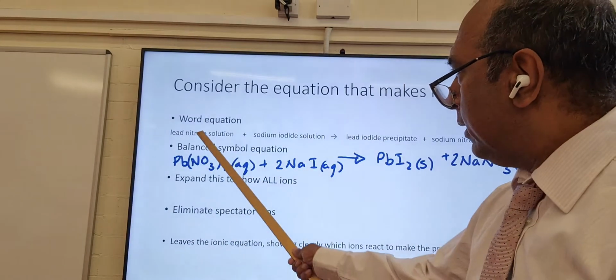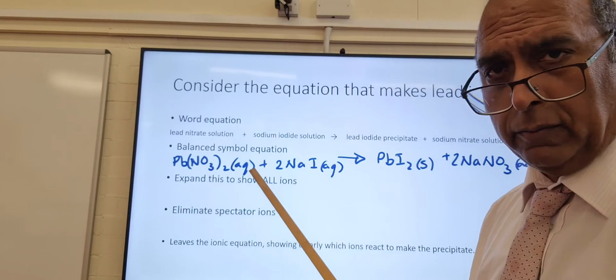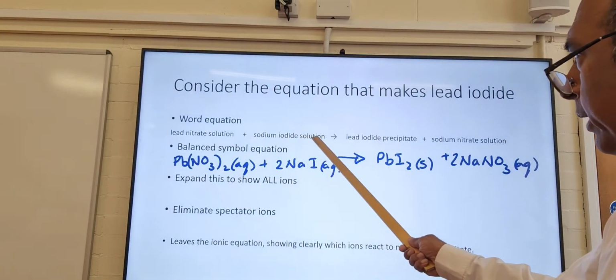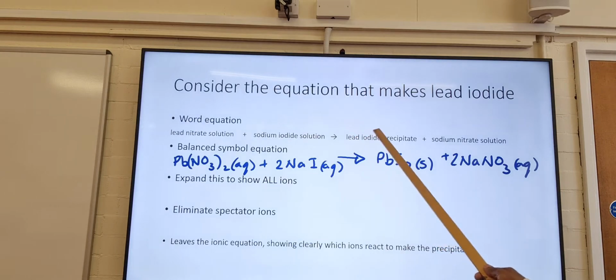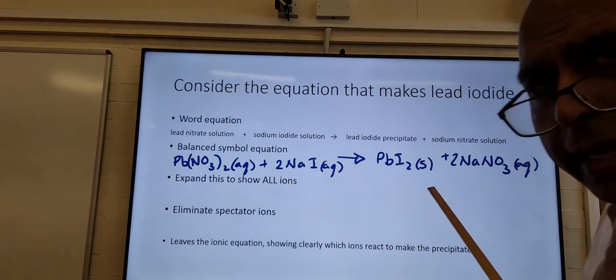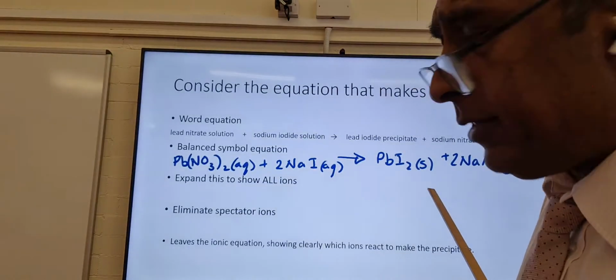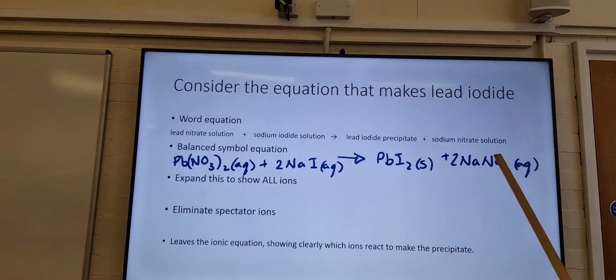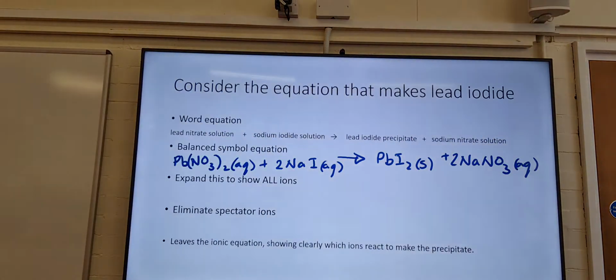Well, there. Lead nitrate solution. Lead nitrate, aq is solution. Sodium iodide solution. Sodium iodide, aq is solution. Makes lead iodide precipitate. Lead iodide solid. And that is important. You put an s for solid. Sodium nitrate solution. Now what I need you to understand is that when you have